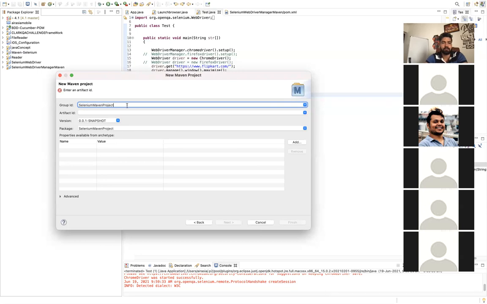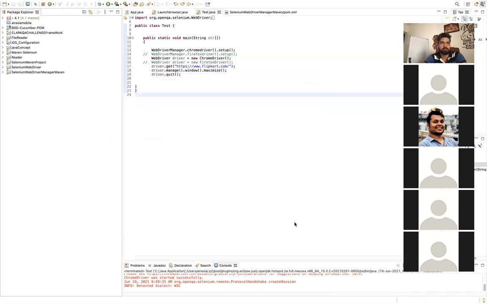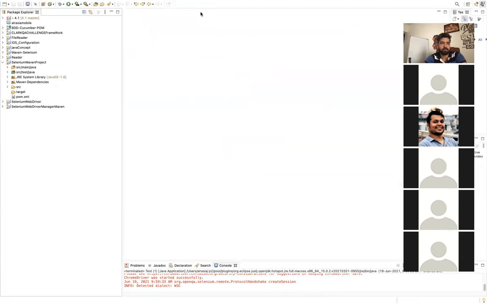And you can copy the same one into artifact ID as well and finish. Once I have done that, you can see here Selenium Maven project. So this is the project which I have created right now. I will close the opened one. Okay, so this is the project. You can see my screen, correct?